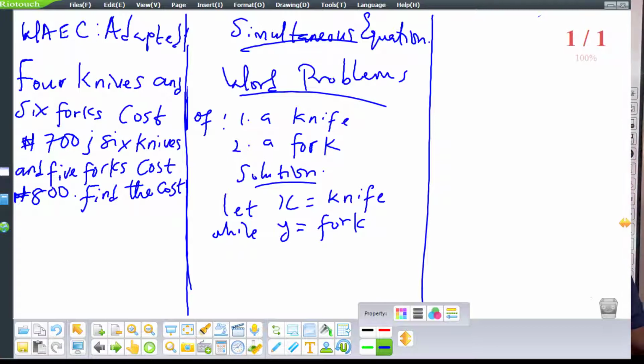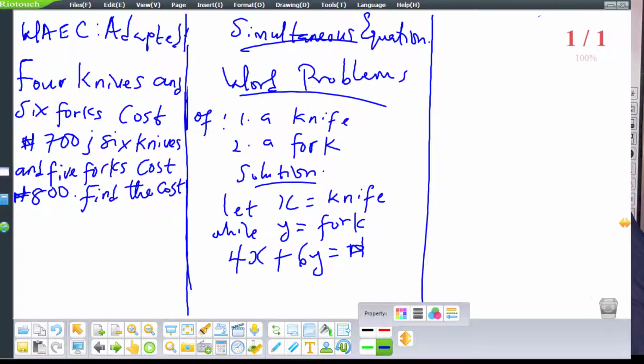So we could interpret this as 4x, 4 knives, and 6 forks. In mathematics, 'and' stands, in this situation, for plus. Actually, in some levels of probability, 'and' stands for multiplication or for plus, but in this case it's denoting a plus. 4 knives and 6 forks: 4x plus 6y